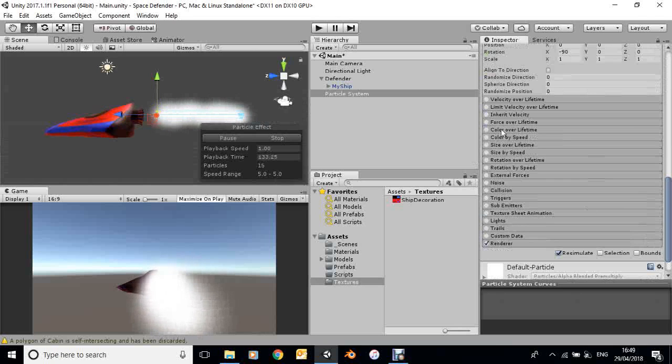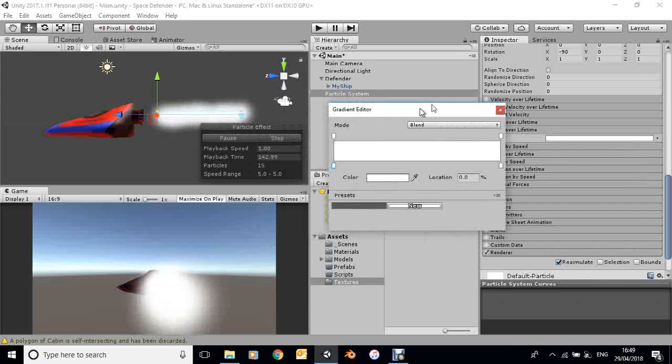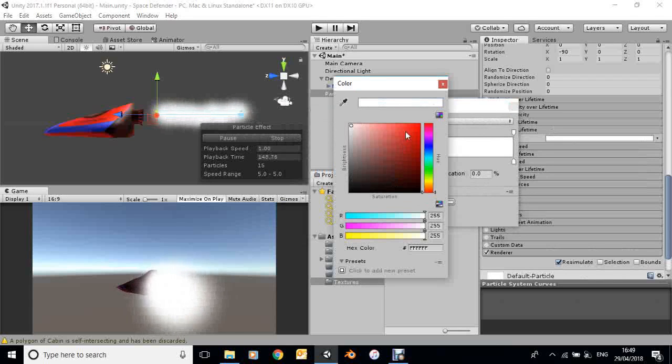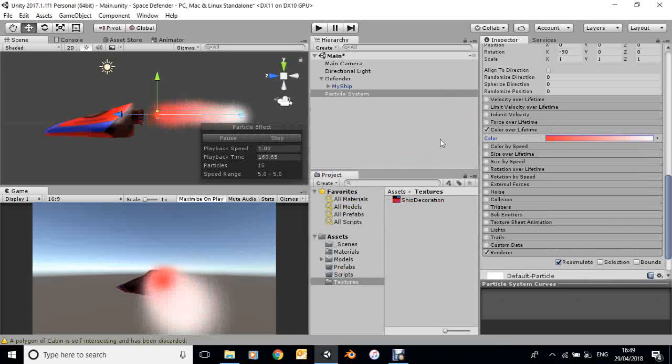So we've got colour over lifetime. I'll just tick the box there. Open it up. And now we can edit a gradient. So we'll start off with it being sort of red colour maybe. Okay, right, that's pretty fiery. And